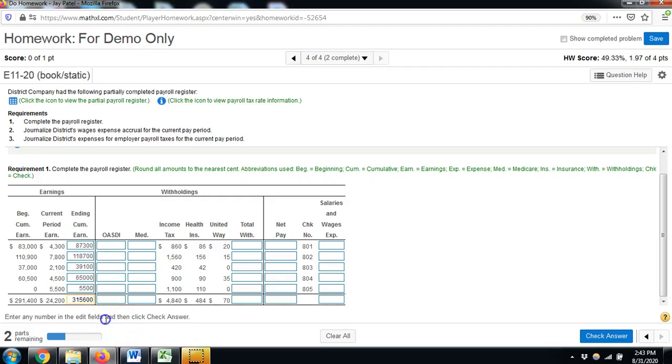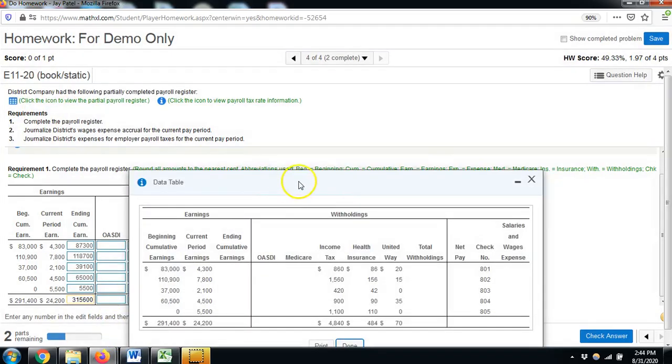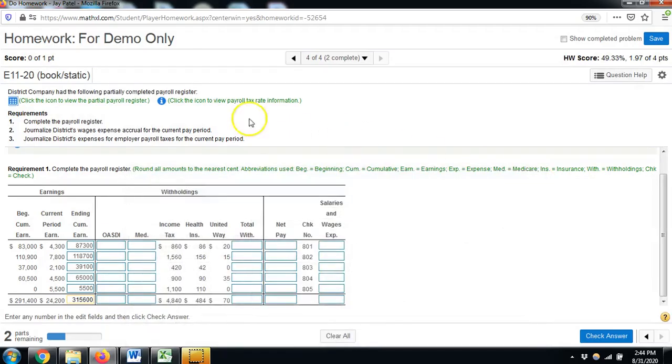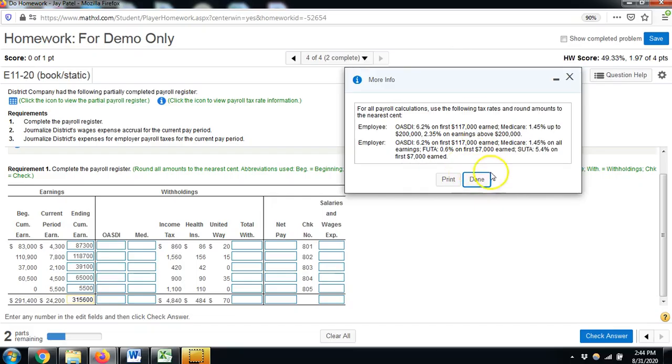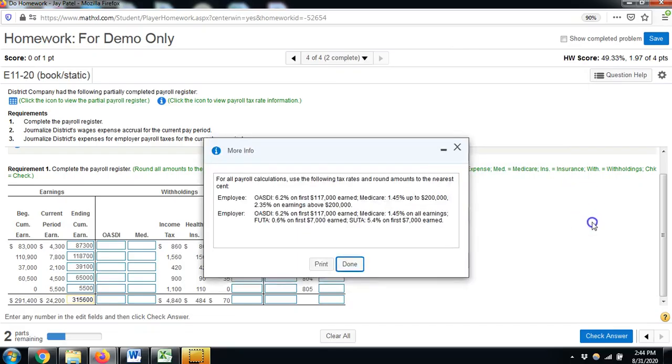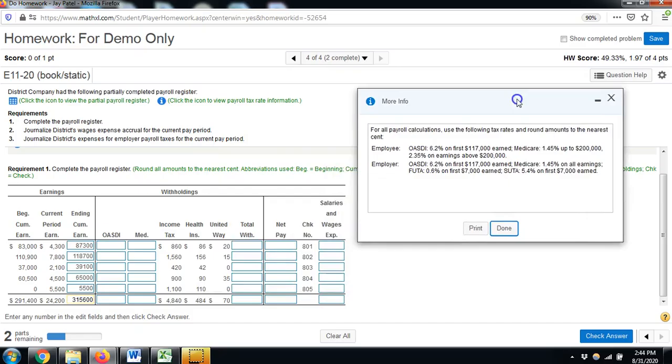Okay, so let's move on. Let's open some of this stuff up because I think we're going to need, no, not that. Okay, so let's take a look at our employment tax rates here. It looks like OASDI is 6.2% for employer and employee on the first 117,000. And then we have Medicare up to 200,000,